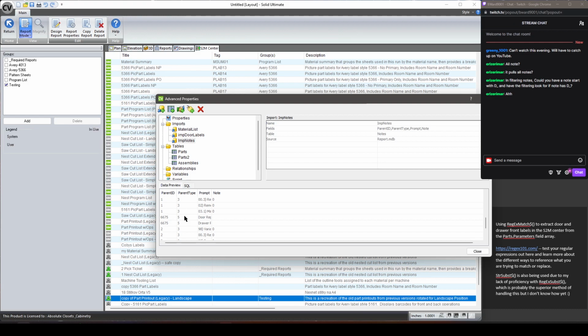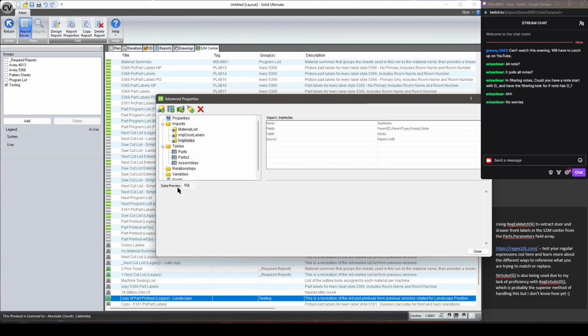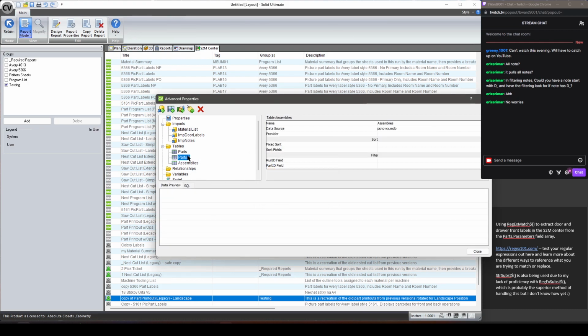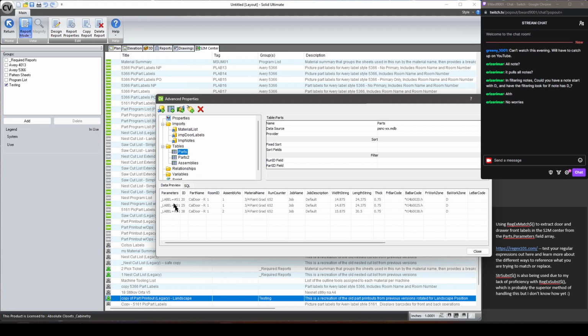But even if you were able to take this as it is and join on the room and the cabinet and everything, so that you could get those two tables actually joined, what ended up happening when I tried this the one time I did was the data preview was all screwed up. I ended up getting the note that I was pulling mixed up. It was just all over the place. It was like I put a note on a partition and it ended up on a shelf. So that was really the challenge there. So anyhow,